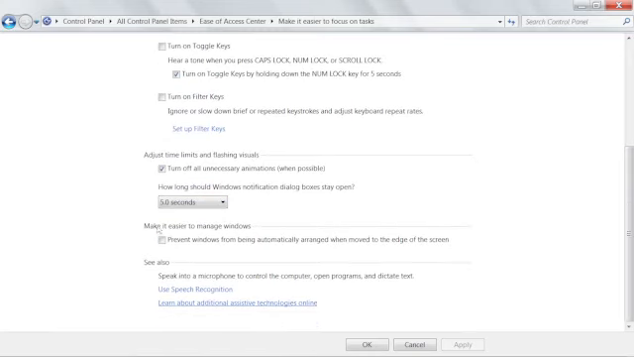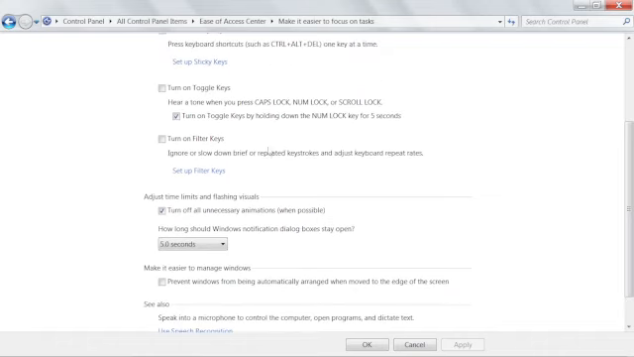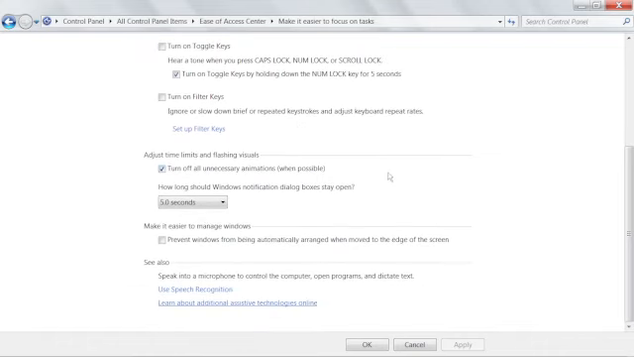Prevent windows from being automatically arranged when moved to the edge of the screen. These all are customized options to focus on the computer system while performing any task. So these all options are most helpful when any person is suffering from any type of disability like visual disability, hearing disability,